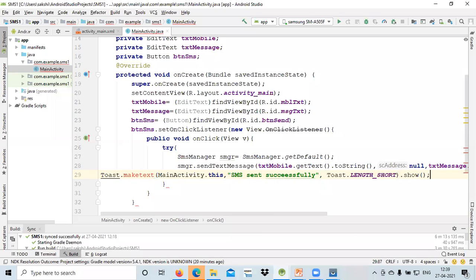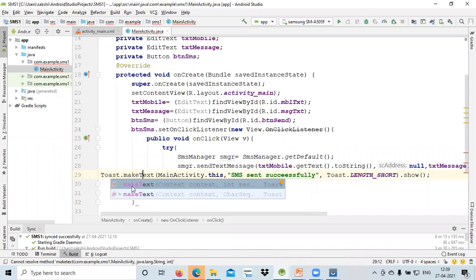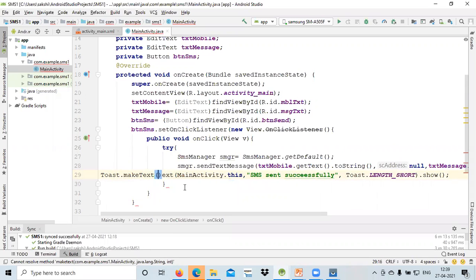Is it clear? Yes, students, any doubt? Anchal, Abhinav, Gagan.